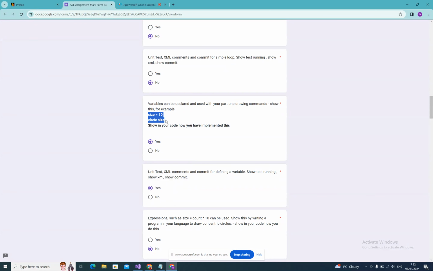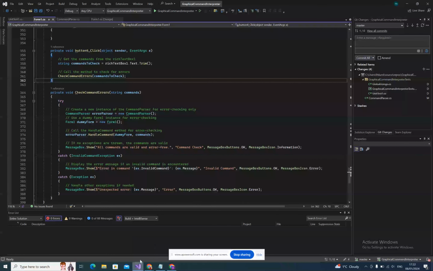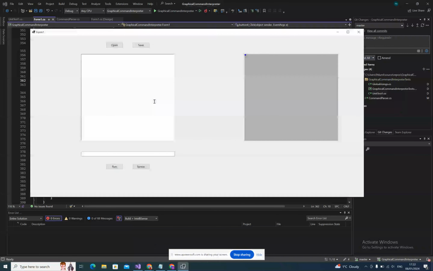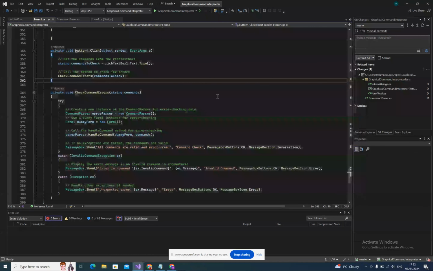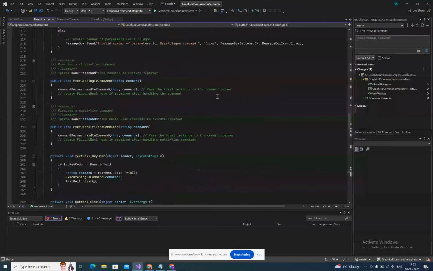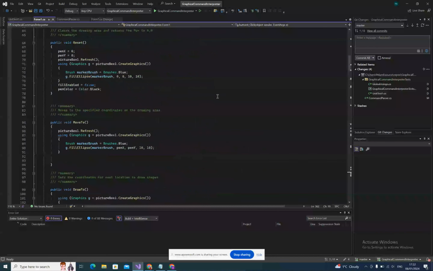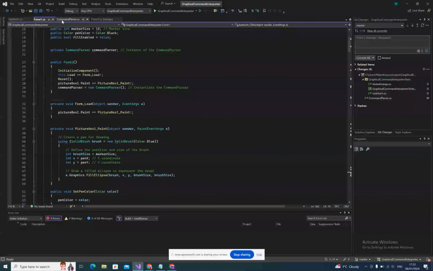Okay, control copy. Part 1. So I'm going to run that. Yeah, it ran, but the size is very small. Make that 100. Yeah. Basically, for variables, the way it works in my code,